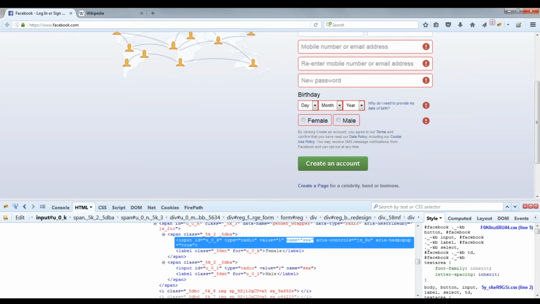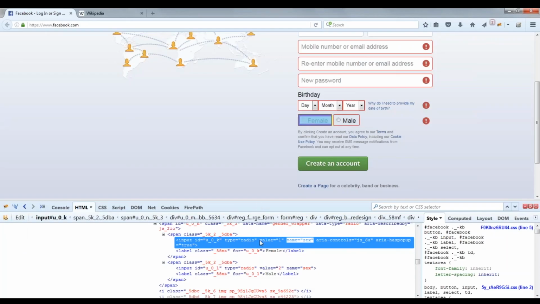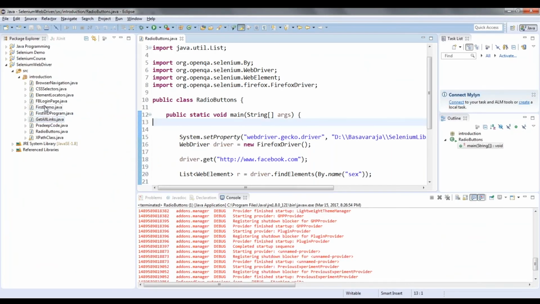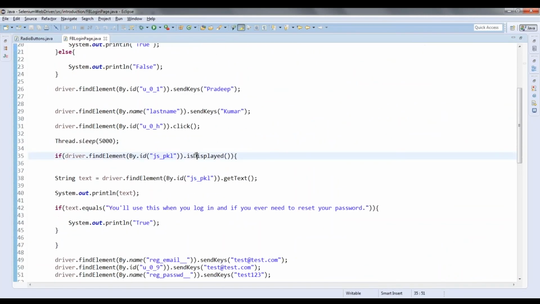The concept is the same. Only thing is, instead of using the name here, you can use the checkbox group's unique name, and then you can identify the elements and iterate through those elements and click on those elements. Before clicking, you can verify whether it is displayed or whether it is clicked or not, and other things you can verify them. We have already seen whether the value is displayed or verified. I think we have seen somewhere here. Yeah, is displayed, right?